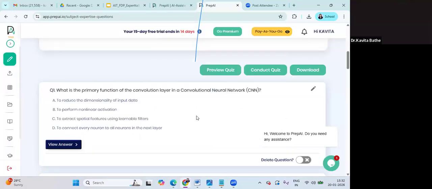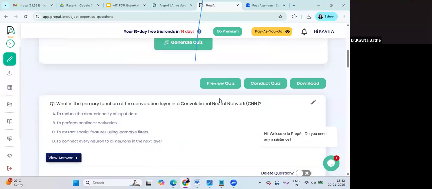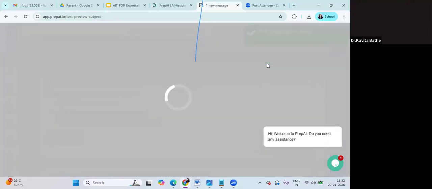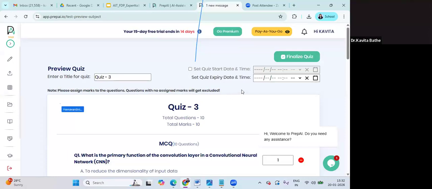Now, once you have done this, you can simply conduct that quiz. If you want to conduct that quiz, simply click on this, and then here you have to enter the title of the quiz, and then set the start date and expiry date. For example, as a teacher, today you have completed module number 1, and within the